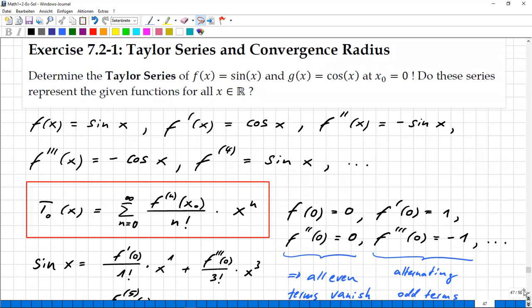Well, the Taylor series is nothing else than an ordinary power series, but the specialty here is that the so-called Taylor theorem, which is seen here, is used to construct this series starting from a given analytical function. That's what you usually have in this case, right? So here, f of x equals sine of x, and also g of x equals cosine of x, two different functions to be expanded to their Taylor series,